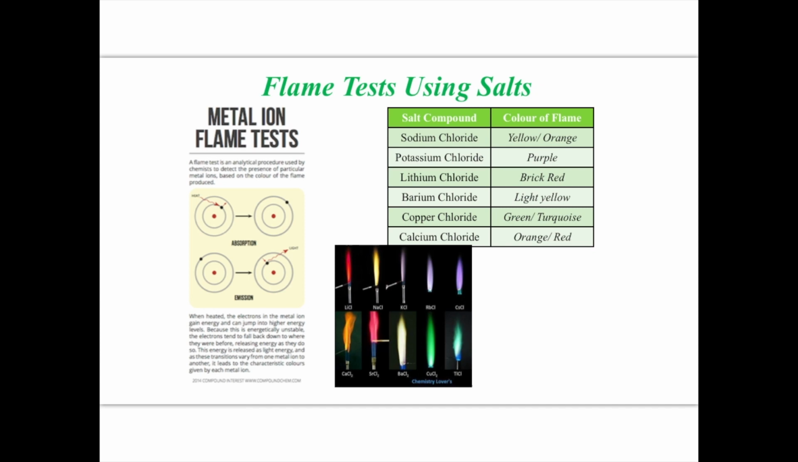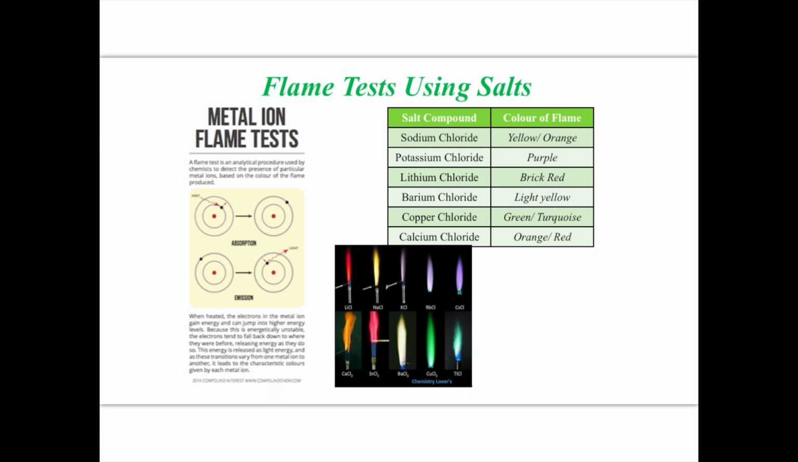And let's just see, copper is the one that goes green and turquoise. And barium is this one here, which is a light yellow. And there are other salts that would change to different colours depending on the element within them. So the question to explore now is, why do different elements produce light of different colours when they're placed into